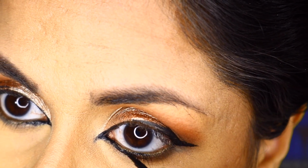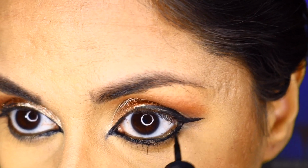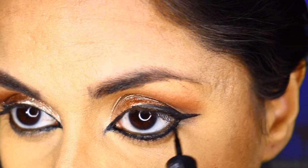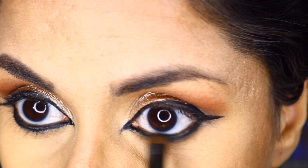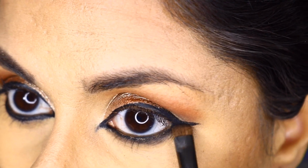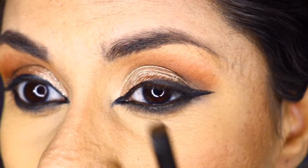I'm using this liquid eyeliner on the lower lids because it gives a nice shape to my eye, and we can smudge it after, but it gives a very good shape to my eye. So that's why I'm doing the liquid eyeliner on the lower lashes as well. But this will look perfect in a minute when we smudge it out. You can do the same on your upper eyelid as well if you want to create that almond shaped eye. Now you can take any black or brown or whichever color shadow you want to smudge the lower lash line, which is what I'm doing right now. And you can do that on your top lashes as well, so that gives a smoky undone eye look,